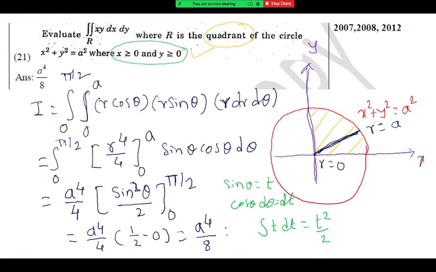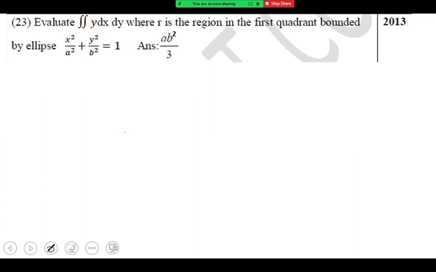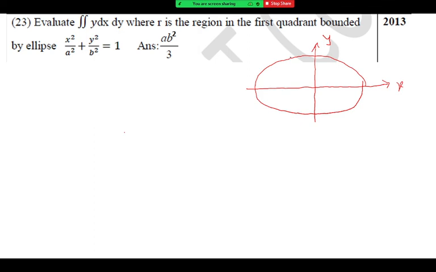Okay. So the last question that I will show you is this. Double integral dx dy over the region R in the first quadrant bounded by an ellipse. Now whenever the question is on an ellipse, the first thing you should know is the region of integration in the xy plane. This xy plane region is an ellipse, something like this. But we don't want to work with this ellipse here, because if we do double integration over the ellipse, the limits become complicated. So instead, we write the special transformation of the ellipse.